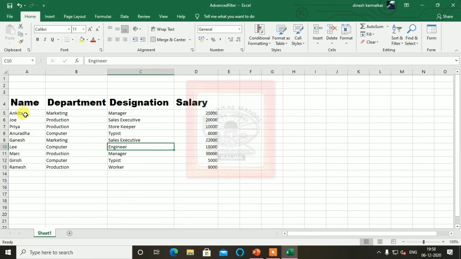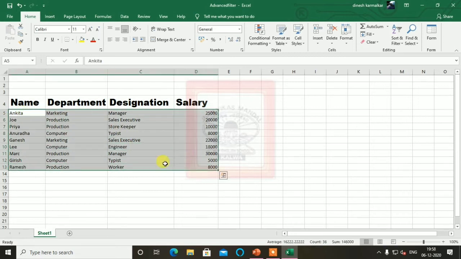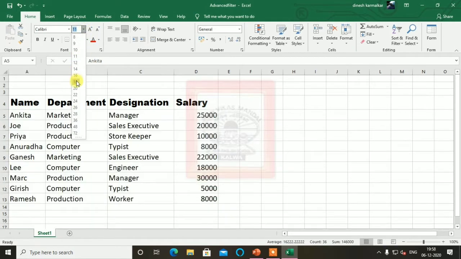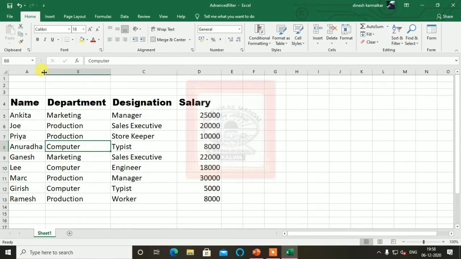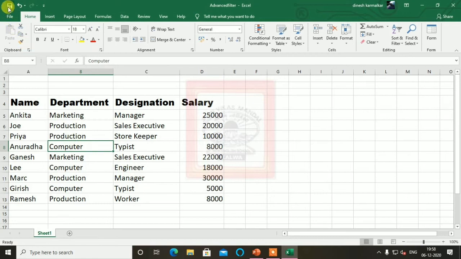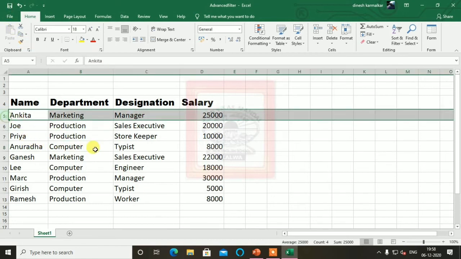And now let's increase the font of this also. Let's make it 18 at least, so you can see it visibly here. And already we have saved it now. I will add two different colors to different options.